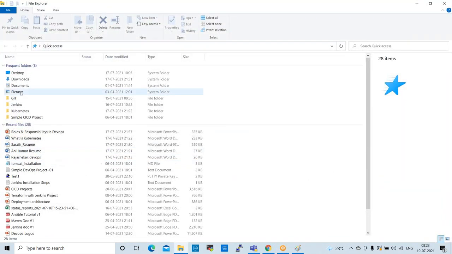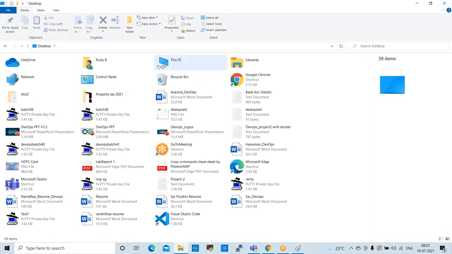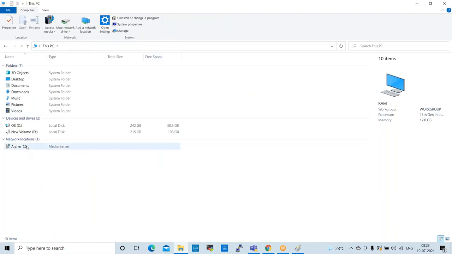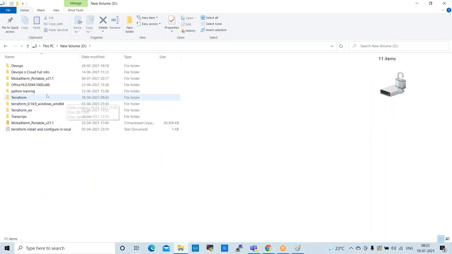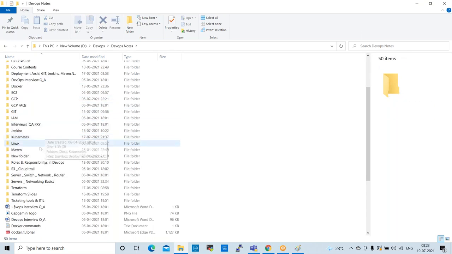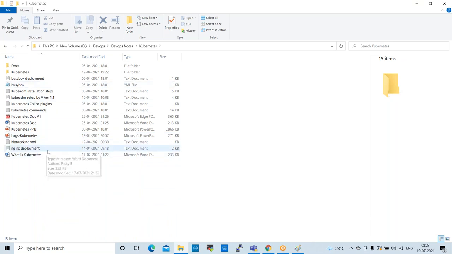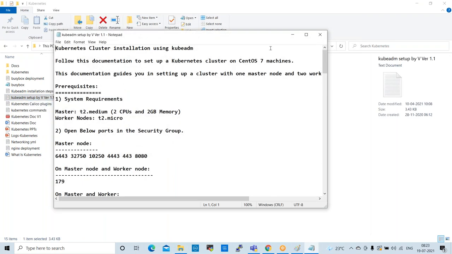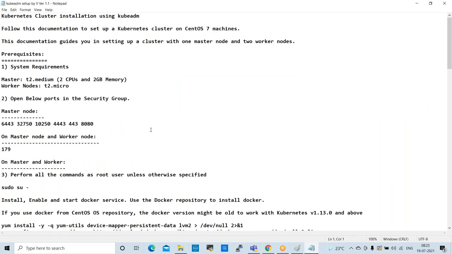I prepared some commands to set up the cluster. Yeah, these are the Kubernetes commands, Kubernetes setup version 1.1. These are the commands I prepared to build the cluster.